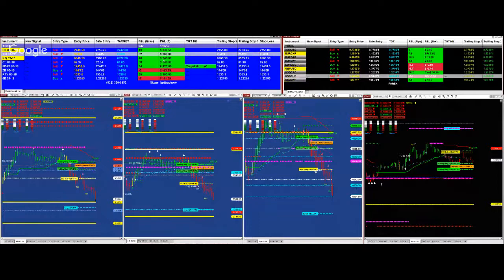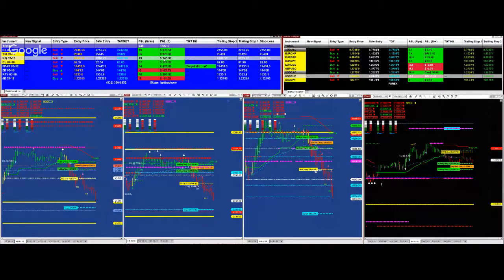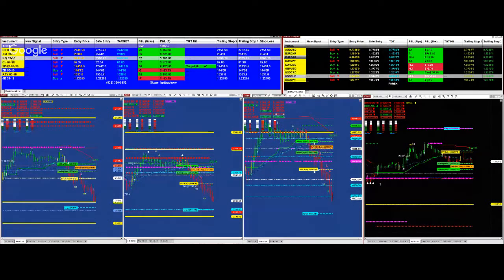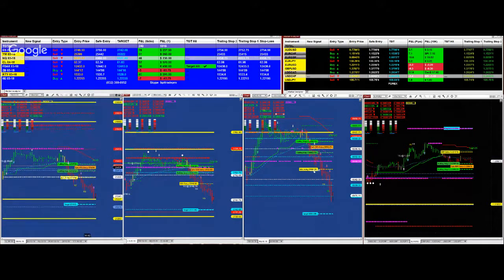The YM, $260 in profit, and the Nasdaq is $260 in profit. An average based on one contract, one ES trading, one YM trading on the last signals in front of you today, and a Nasdaq, one contract, one trade, almost $1,000 on those trades here. 250, 300. Right now we are across the 1,000 base on one contract, folks, and we have not hit the target yet. As I said, the YM, we're going to have a little turbulence, a little kickback here on the